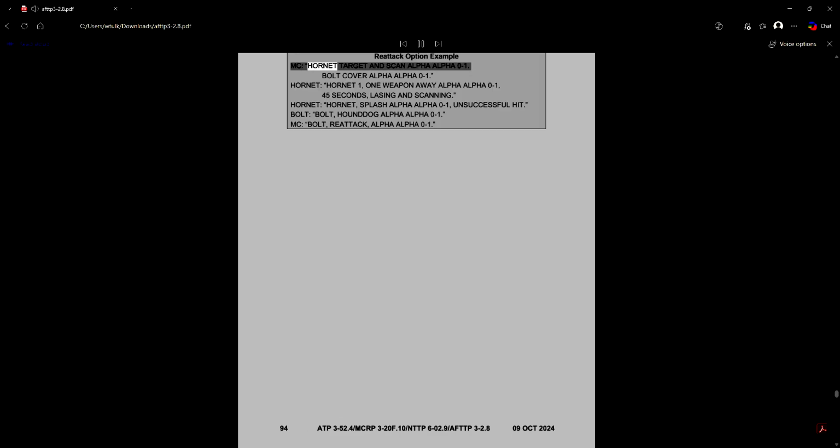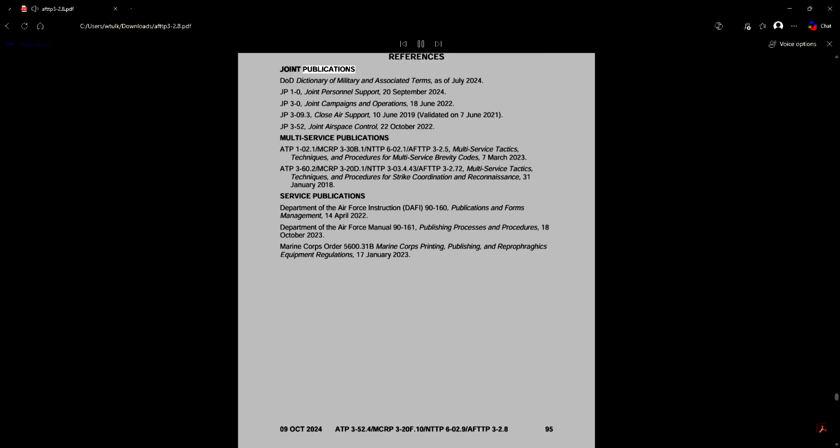MC: Hornet, target and scan Alpha Alpha 0 to 1. Bolt, cover Alpha Alpha 0 to 1. Hornet: Hornet 1, 1 weapon away Alpha Alpha 0 to 1, 45 seconds, lasing and scanning. Hornet: Hornet, splash Alpha Alpha 0 to 1, unsuccessful hit. Bolt: Bolt, Hound Dog Alpha Alpha 0 to 1. MC: Bolt, reattack Alpha Alpha 0 to 1.